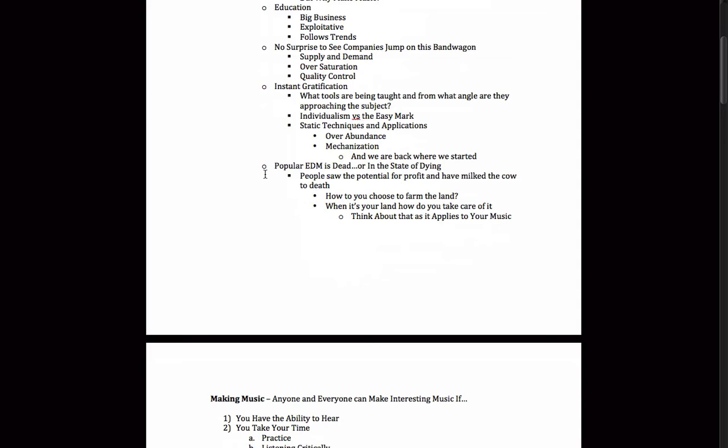And I just asked the question of how do you choose to farm the land? And in this case, I'm referencing this EDM landscape. So what big business has done, as you'd expect, they immediately came in and they pretty much just worked the land until the soil was no longer fertile and never will be again. And then when it's actually your own land, when it's your own music, how are you going to choose to take care of it? And I just want you to think about that, how it applies to your own music, and to take a lot of